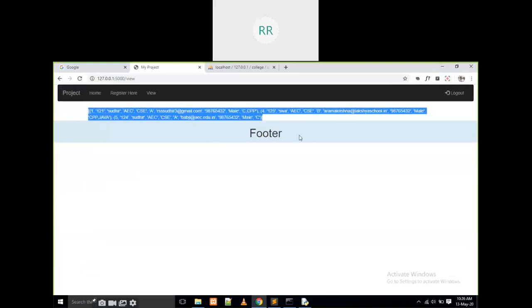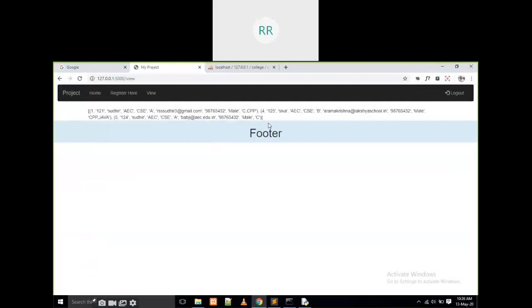Yes, is it clear or not, everyone? But this is not the format, but the data is coming or not, first of all. That is our target. Every time we have to do every single step, and we have to check the output. Don't write the total program at once and then check the output. For every step I am checking whether it is working or not, whether it is giving output or not, whether there is an error or not.